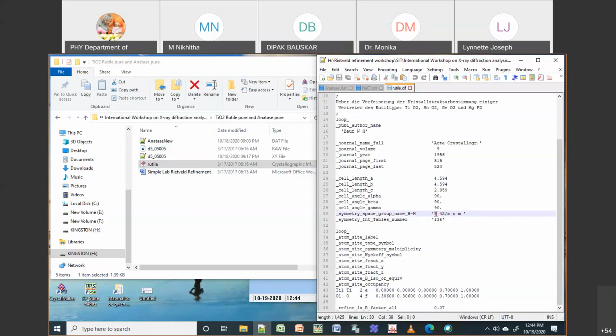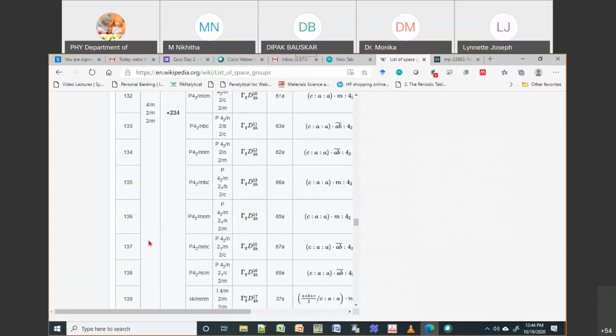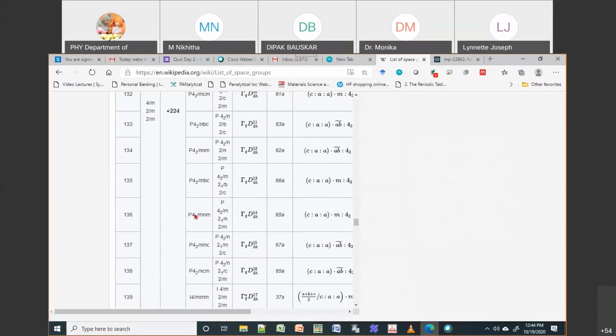If you are having a problem putting in this space group, you can just put 136. 136 is the space group number for P42/mnm. So you can directly put 136 instead of the space group symbol. If you have some problem writing the space group and all those things, don't worry, just put the space group number. Okay, so these things you can try.